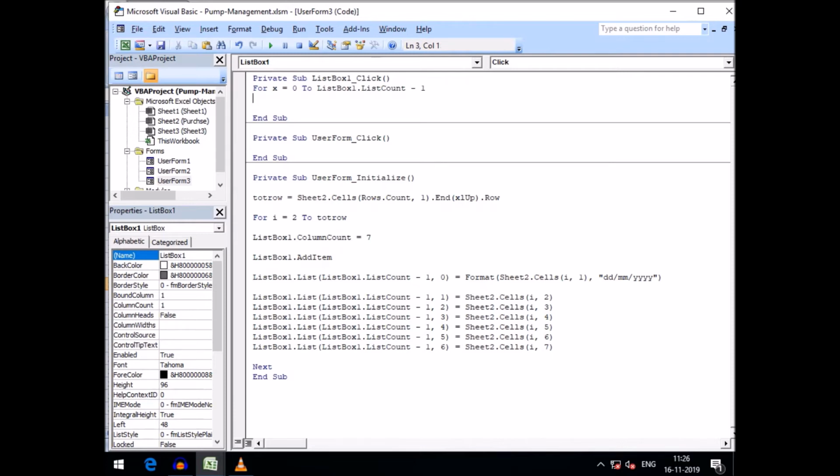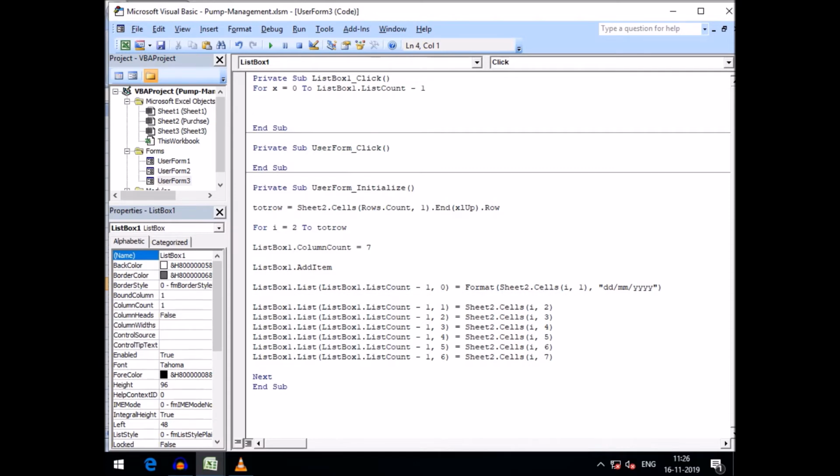Here we need the function, we need a for loop, and it will run until it moves to the last record of the list box, from the first record, that is 0, to the last record. Okay, next, friends, label 2, because here I want to display the product name, product code actually, dot caption